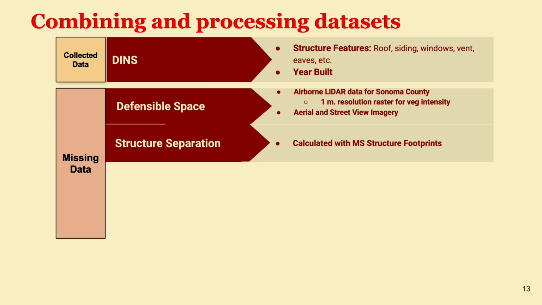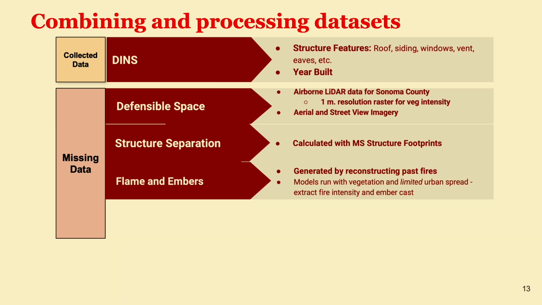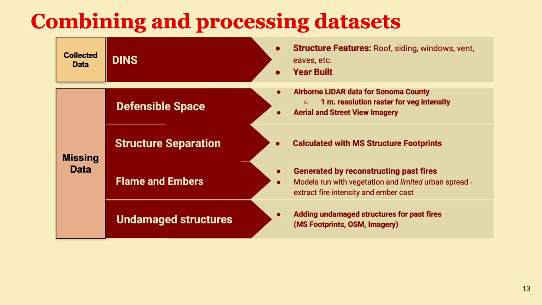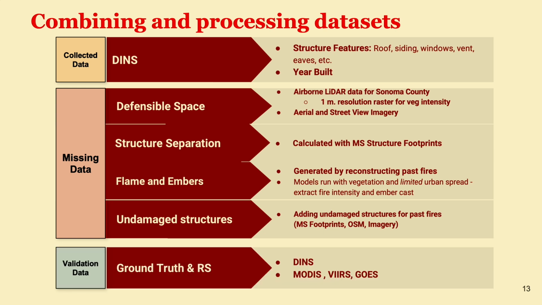Structure separation. We have building layouts for the entire state, so we could look at the MS structure footprints and calculate that. Flames and embers. We actually reconstructed past fires. I'll talk about the model that we used and then use the outputs. And then we added undamaged structures where we didn't have that information. So it's very important to know what structures did burn and compare those that didn't. So we had to add some structures in. And then we compared those fires that we used not only to the damage data set, but also to aerial